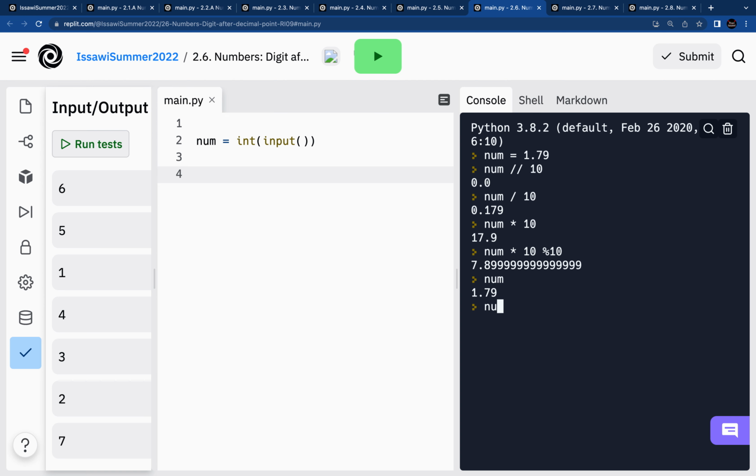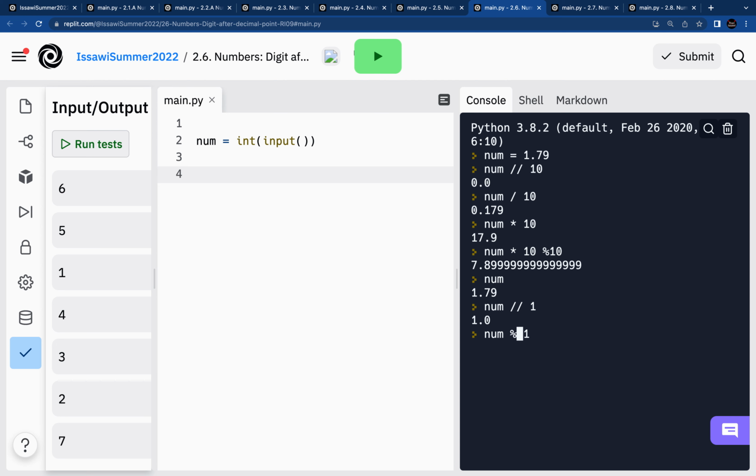If I divide by 1, integer division by 1, I get... So now we're working with float division. Now this is something we haven't really explicitly talked about, but integer division by 1 basically gives you the whole part and drops the remainder, right? So essentially,